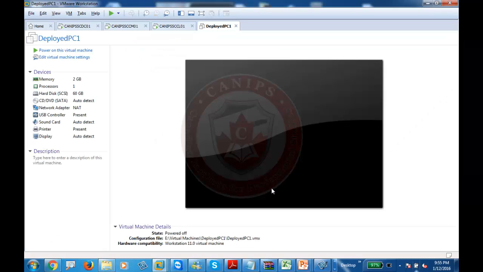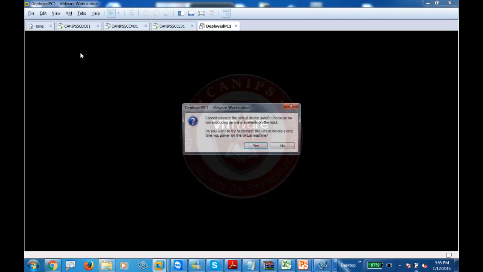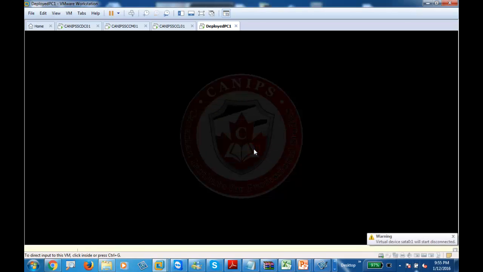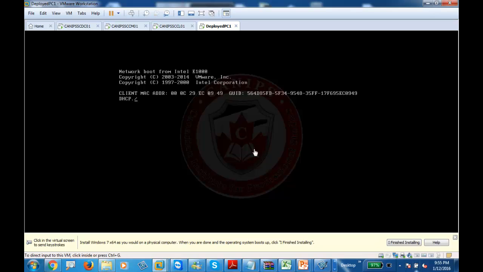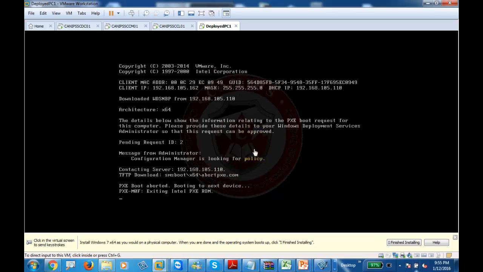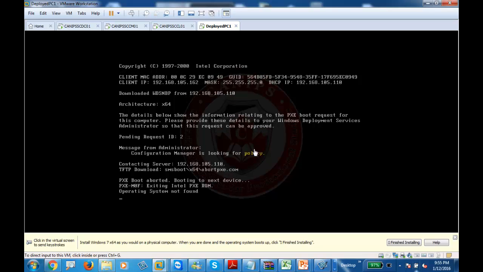Now, guys, since there is no operating system on this, it will definitely give you an error in the beginning, and let's see what happens. So as soon as it starts, now guys, if everything is set up properly, you will see this option. Now this screen is just telling you,